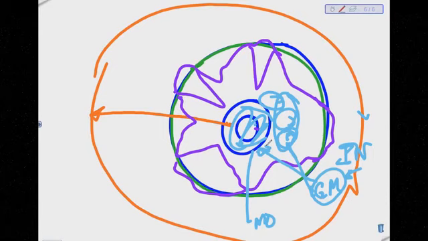Every field has this interaction with the rest of the fields in the universe. And they can expand beyond, especially in a plasmatic